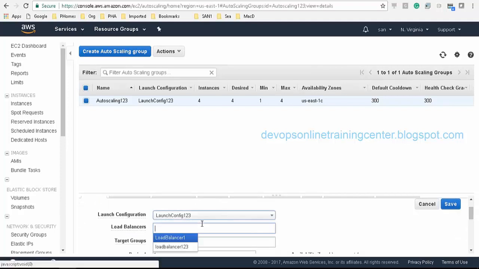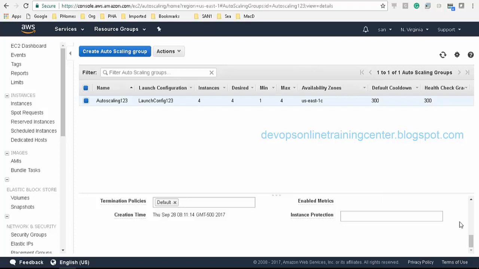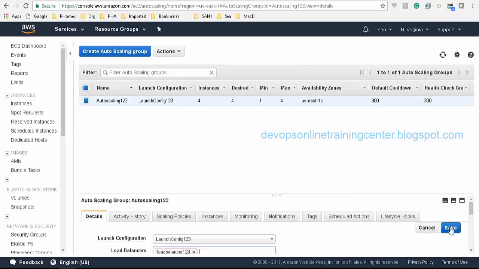I think there was an option here. Add policy. Load balancer 1, 2, 3. Okay. So I'll just save this.